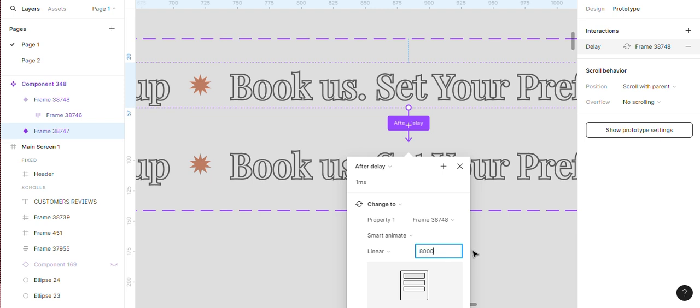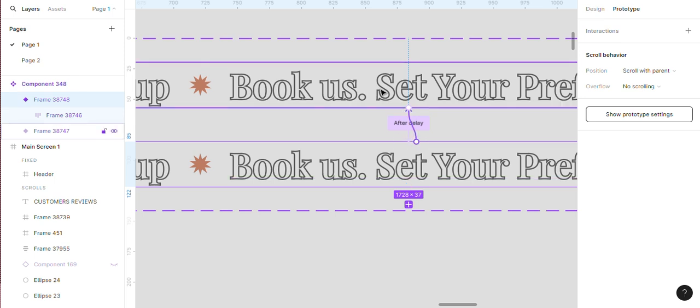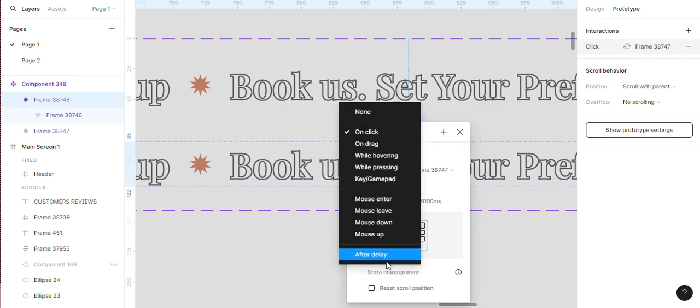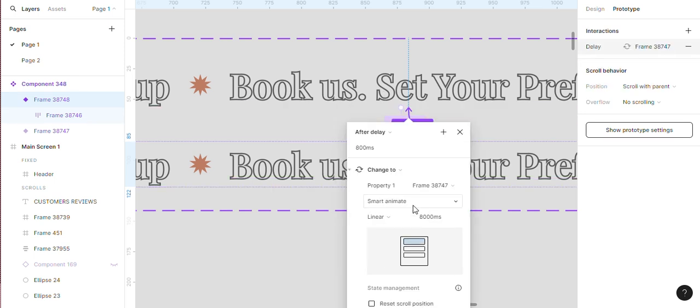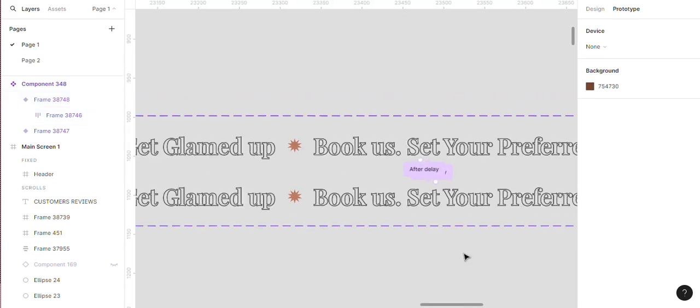Now connect the other frame to the first one, set it to after delay instant. Okay, now that we're done with that,